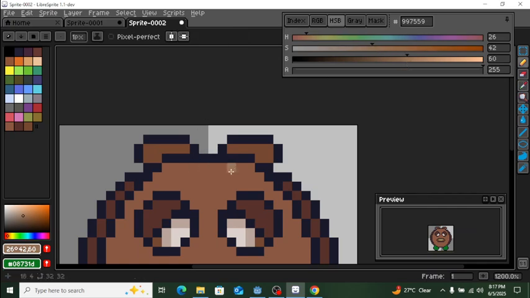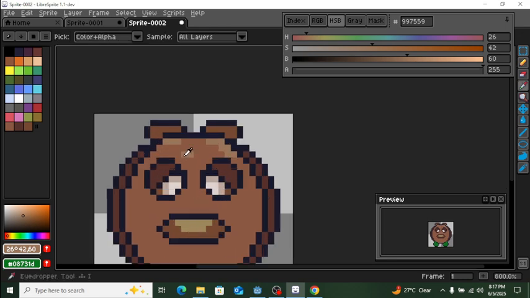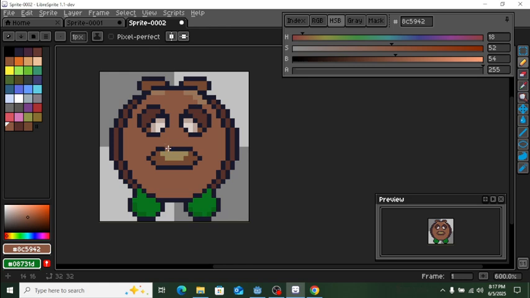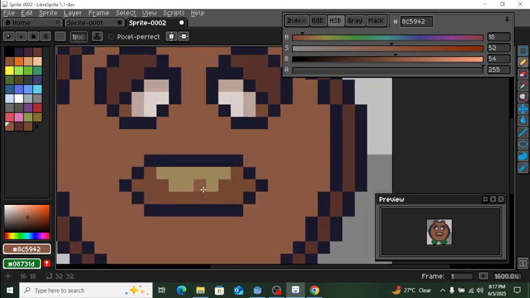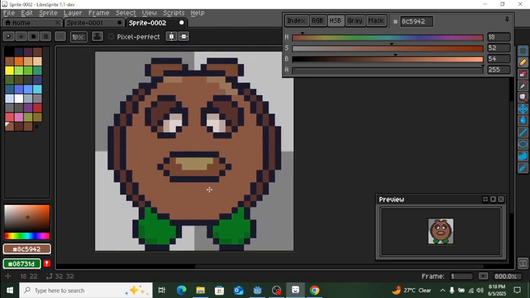So there's a lot that goes into colors actually, so just keep experimenting, and I think we are okay right now. Yeah, this is amazing. For this tutorial,